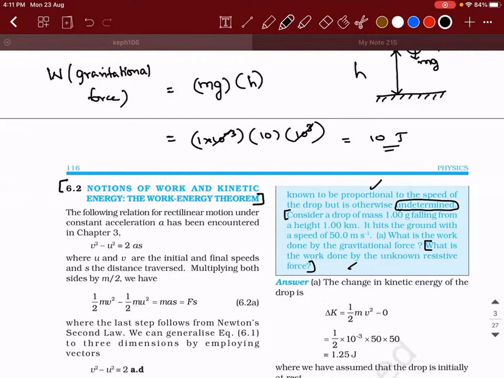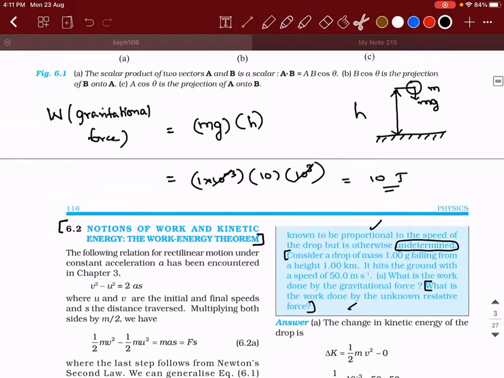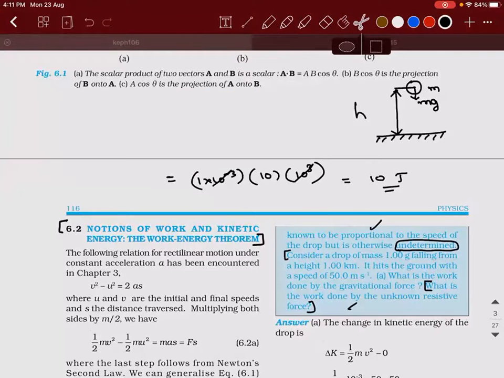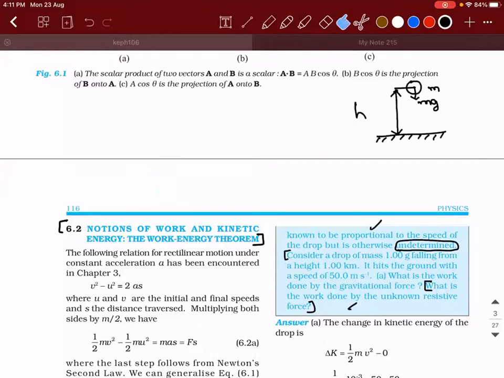So what is the other option that we have in our hand? Whenever you get stuck with this kind of problem, I'll tell you how to solve. I hope the first part is copied by you guys. One minute. See, last class I taught you one thing. What is it? Work energy theorem. So work done by all the forces is equal to change in kinetic energy, right?